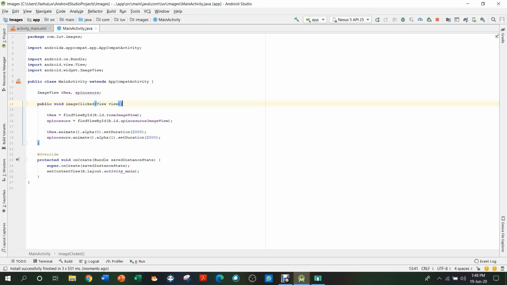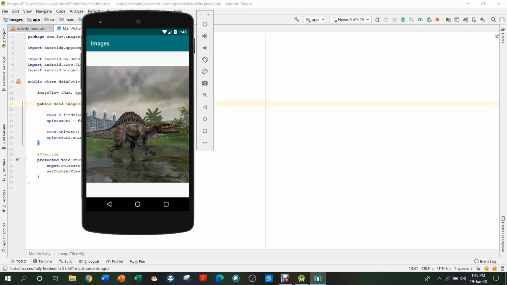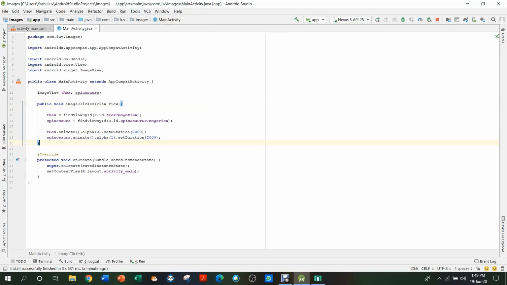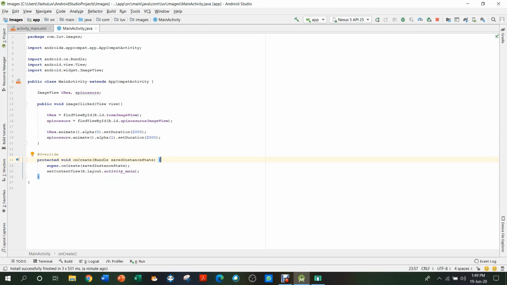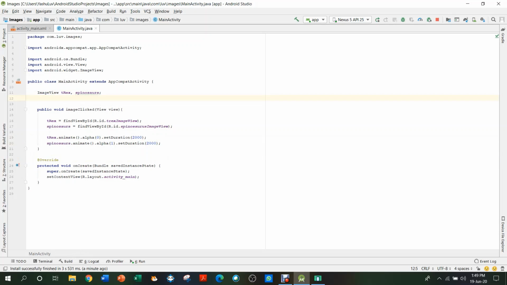Now you must be thinking there's a problem in this. What has happened is that the T-Rex image view is set to alpha 0 and Spinosaurus is alpha 1, so now you can't do anything. So to check that, firstly we are going to add a boolean. A boolean is true or false. So we are going to do boolean trexShowing